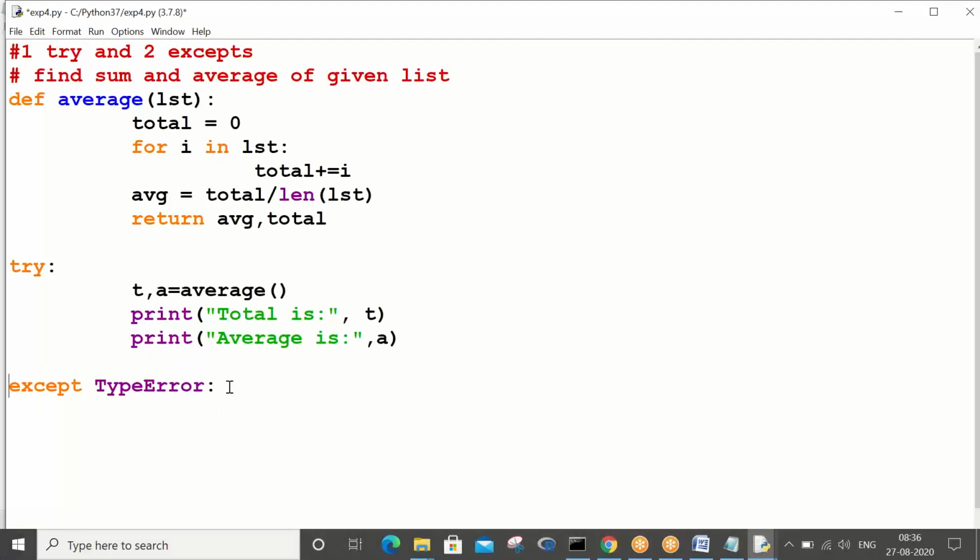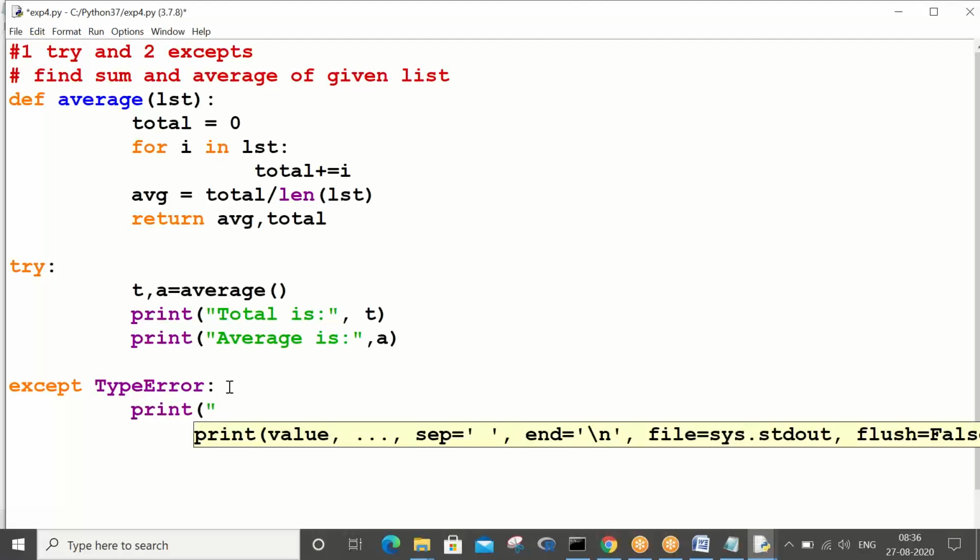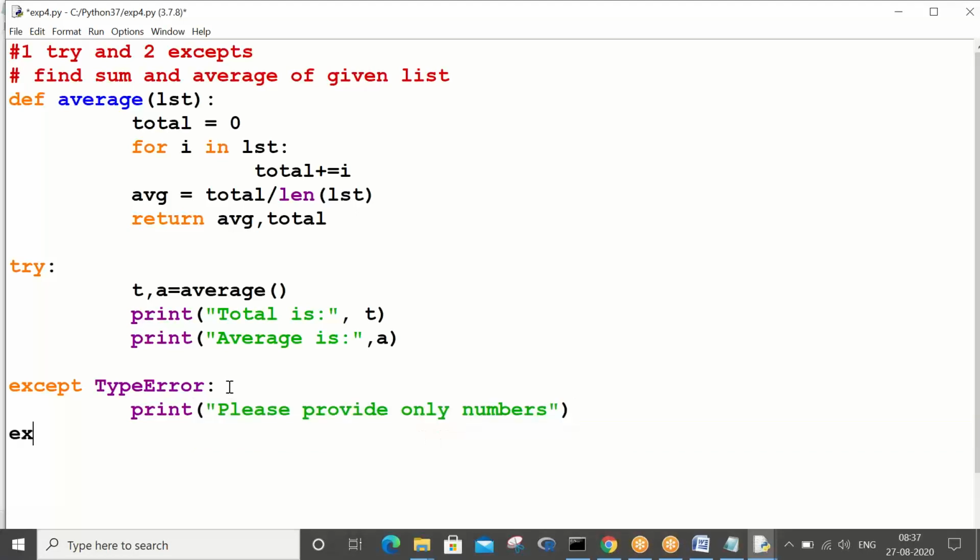Except TypeError. Now print please provide only numbers. Now let me give except ZeroDivisionError. These are turning purple in color, right?